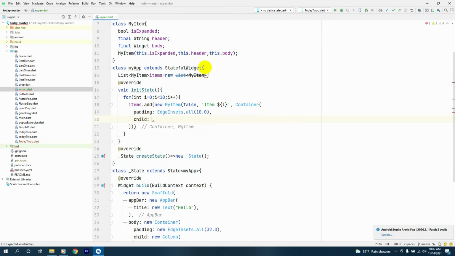We say Text and we'll call Hello World. Alright, now we have made our list item,